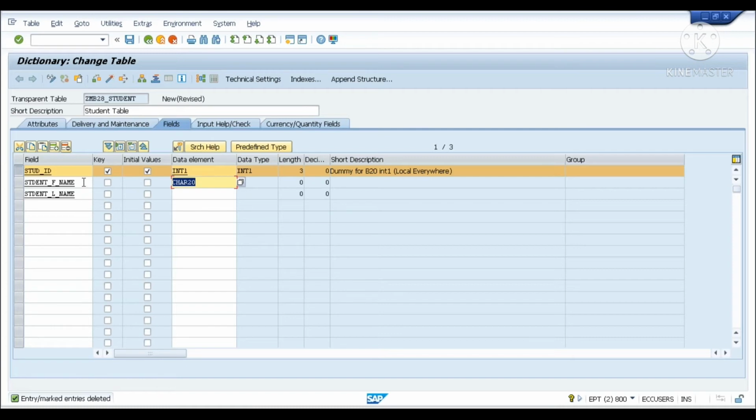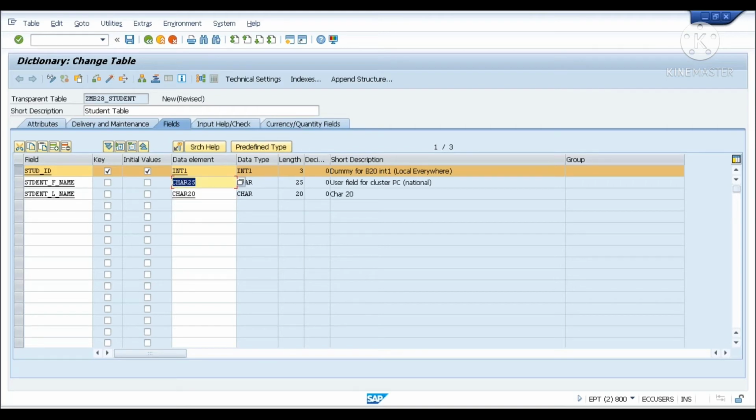You will not be able to give a name with more than 20 characters if we specify char 20. So for the safer side, let's have char 25, so if some name is longer, it can accommodate it. The last name I can keep as char 20. So you can see this is the data element, char 25, char 20.